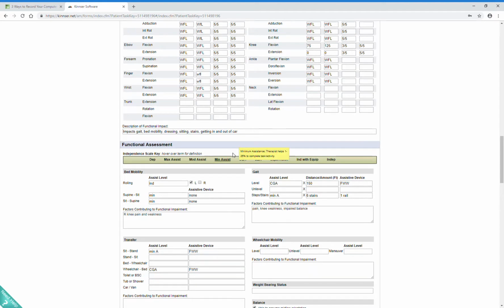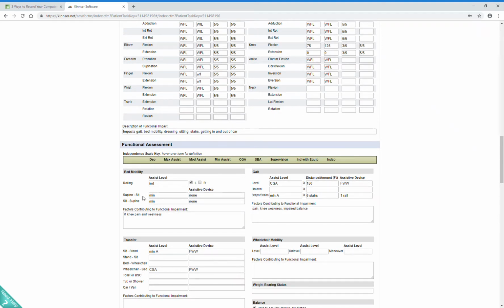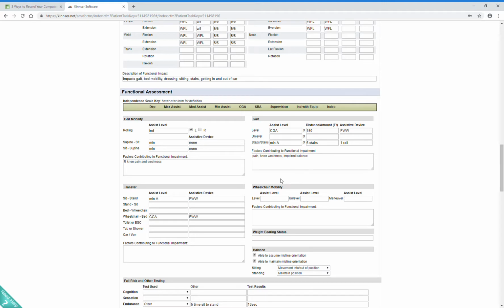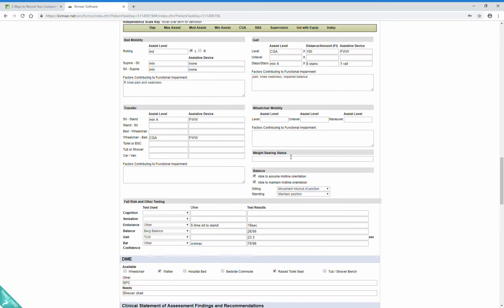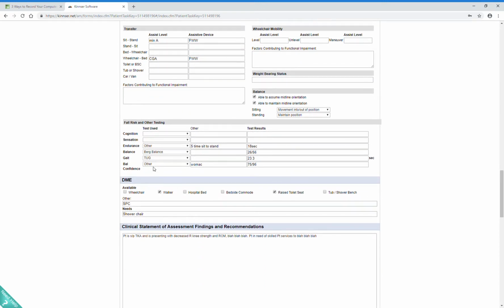So after the range of motion, we'll have this functional assessment section with the associated supervision or help that they need, assistance that they need. So you can do that for bed mobility, gait, transfers, and wheelchairs. It'll give you an opportunity to type in their assistive devices or any weight-bearing status or precautions, as well as balance. On this section, fall risk and other testing is where you'll have the opportunity to type in